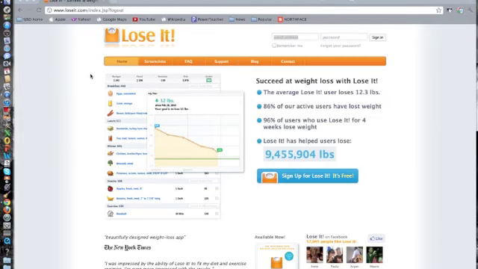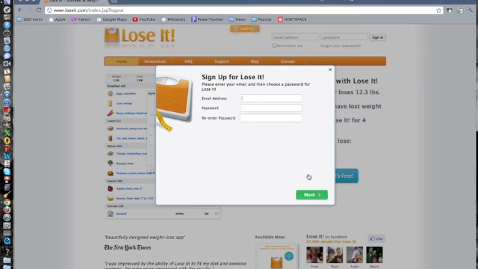on the computer and smartphones that can be used to log nutrition and calories throughout weeks, months, days, and years. Very easy to create an account. You can also follow your friends on Facebook and Twitter. If I go down here, I can create an account, enter in an email address,